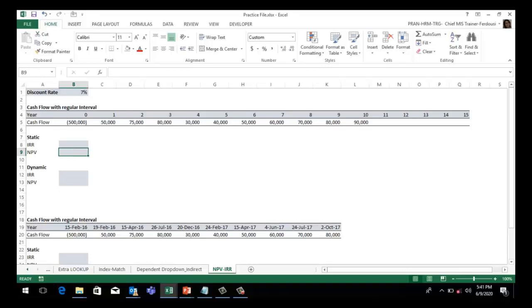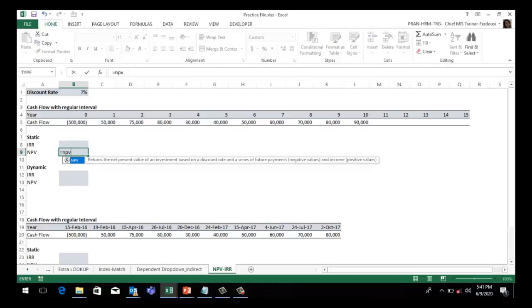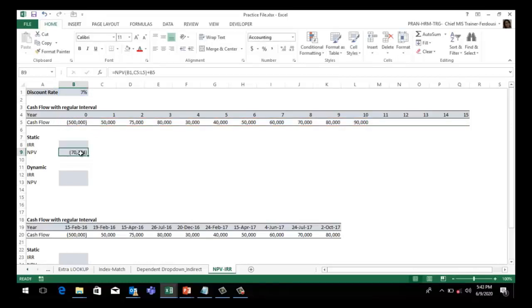So start the function, use the equal sign, NPV, net present value calculation. The rate would be the discount rate, comma, use the first year to 10 years. Close the parenthesis, plus this amount. Then press enter. This is a negative value. That means it is better to put money in the bank.